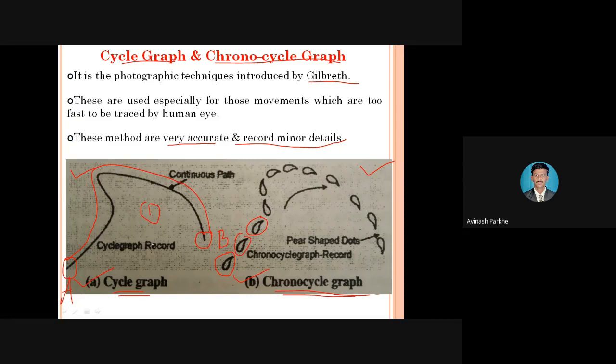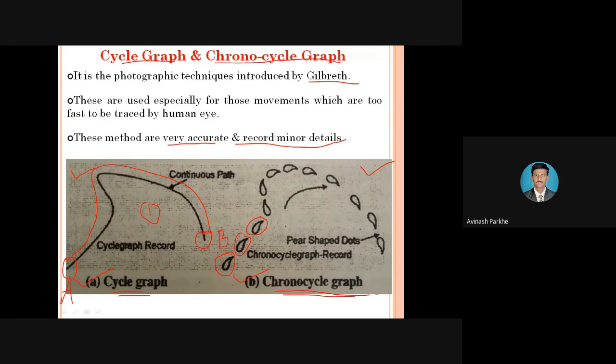So whatever the things are not possible by using the cyclegraph, maybe the direction of movement, or speed increases or decreases, all those limitations can be eliminated by using the chronocyclegraph. In the chronocyclegraph also, again we are using LED bulbs and cameras, but it is the advanced technique as compared to the cyclegraph, in which again we are attaching the LED to